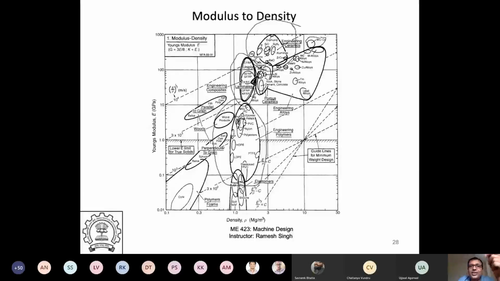If I put a very high modulus fiber or strengthening phase in it, you will get high E's. So you see a reasonable amount of stiffness and a very light material. So for high modulus to density, I'll either go with ceramic or I will go with